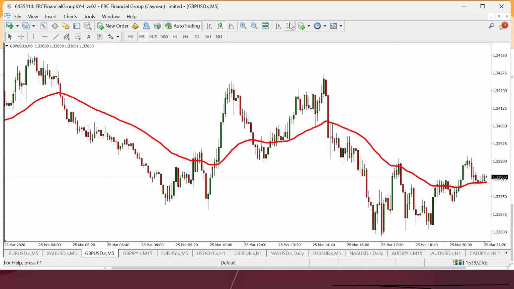I'm going down to the 5 minutes because this strategy is going to be based on 5 minutes. All right. You can use this strategy on any instrument. Take notes. Any instrument apart from gold. It's not as if it doesn't work on gold. It works on gold, but I'm going to tell you why you should not use it on gold. But any other instrument is fine. It's actually much more perfect for currency trends. All right. Now let's do GBP USD.